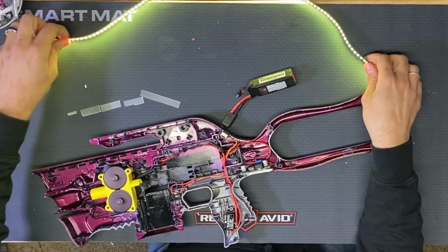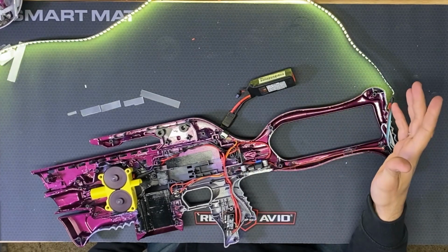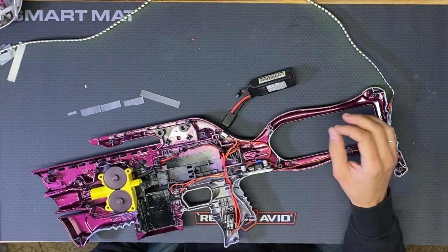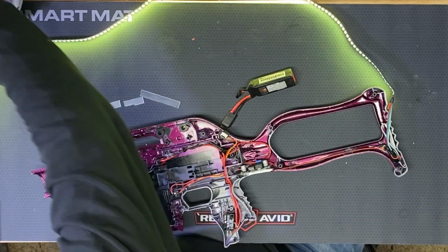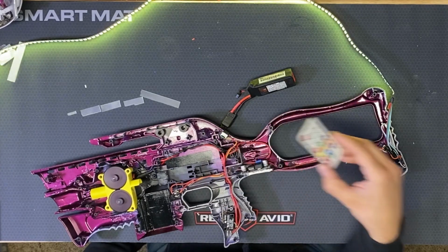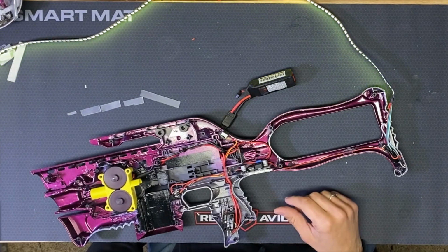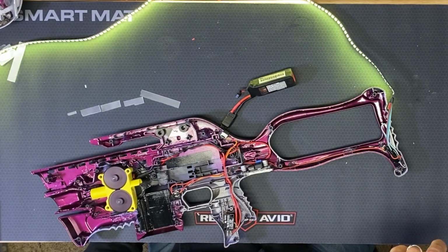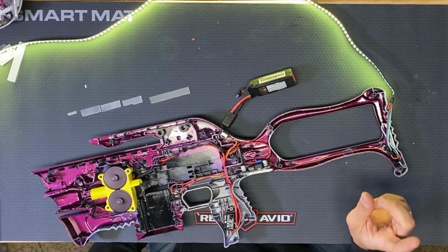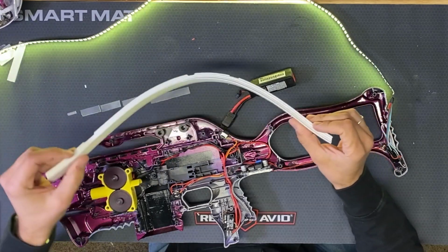Boom. That is awesome. And I can control the different patterns and colors on my phone through an app, which is perfect. They have some of these that you can control with a remote like this, but I didn't want to have to deal with a remote. I didn't want to have to add any switches besides an on-off switch to the blaster, because I feel like that's just going to detract from the overall look of the blaster, and I feel like using an app is pretty cool. That's definitely a first for me, so I'm hoping we can install these with this silicone channel